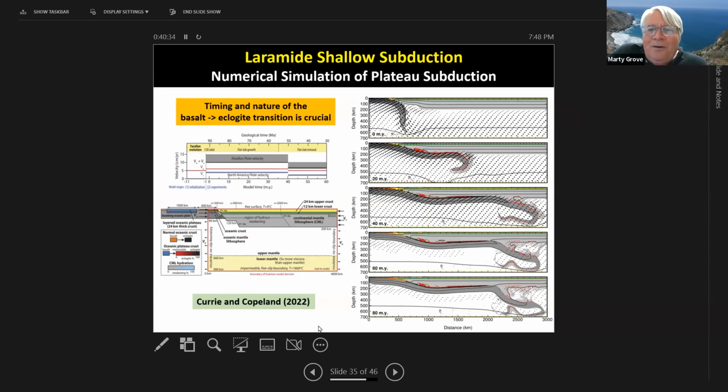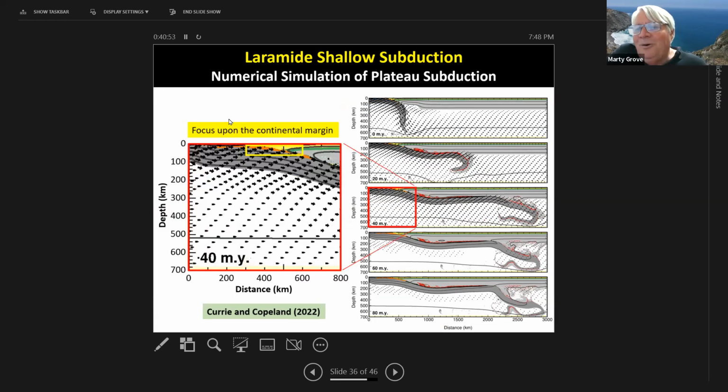Although, if you're interested in what causes the shallowly subducting oceanic lithosphere to eventually start to dive into the asthenosphere, the timing and nature of the basalt to eclogite transition is pretty critical. But in fact, we're going to have a very myopic view